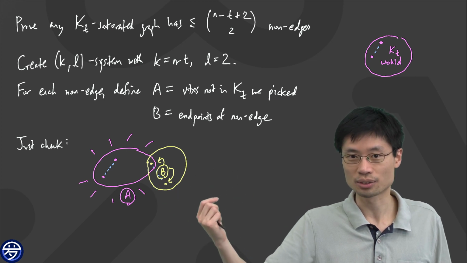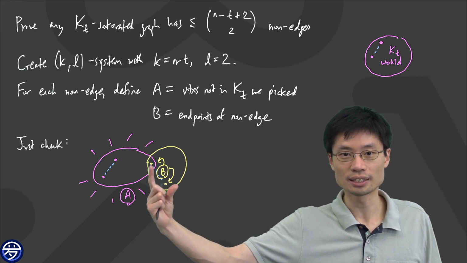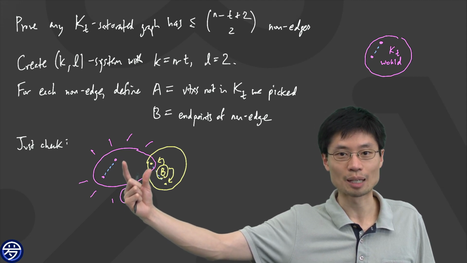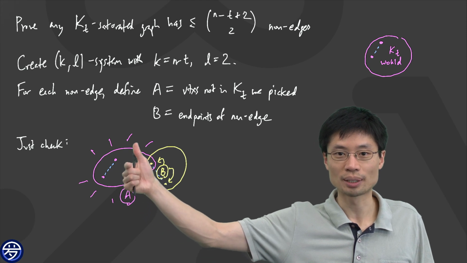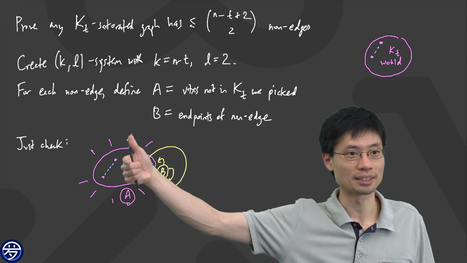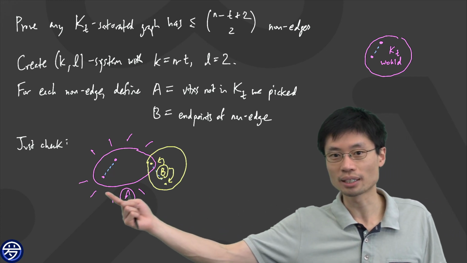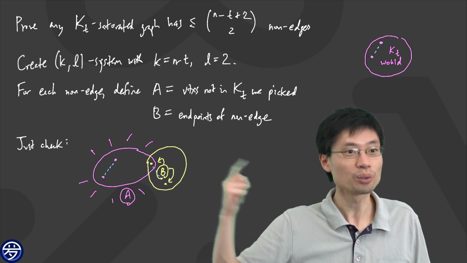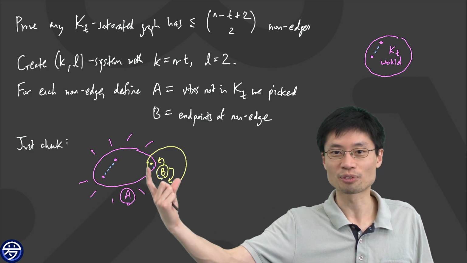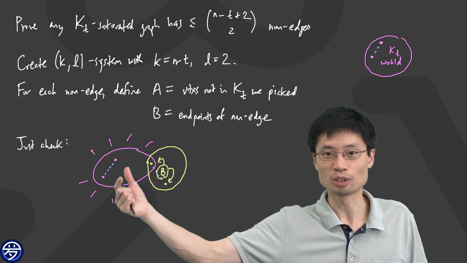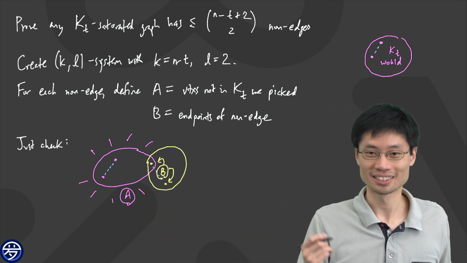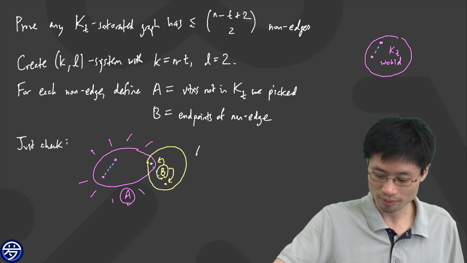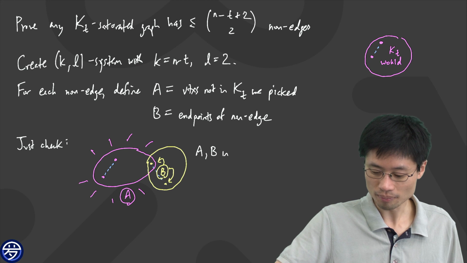And this argument also works if these two vertices happen to overlap in one vertex over there. Because even if it overlaps in one vertex, one vertex would be inside and the other one would be outside, sort of like this. The bottom line is that this pink region is supposed to be a KT except for only one edge. And so there's no room for the two endpoints of the other missing edge to both be inside. That's it. So that was what I just talked through. And so what this shows is that A and B intersect